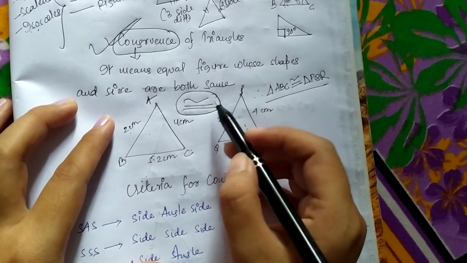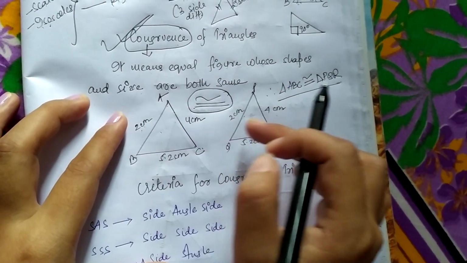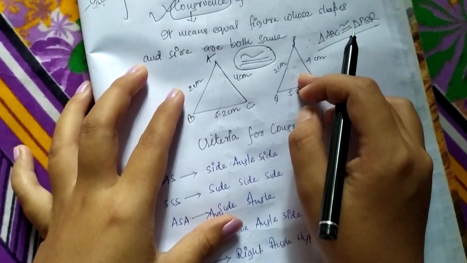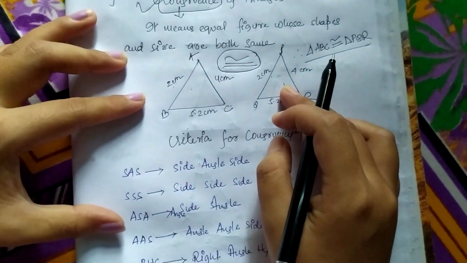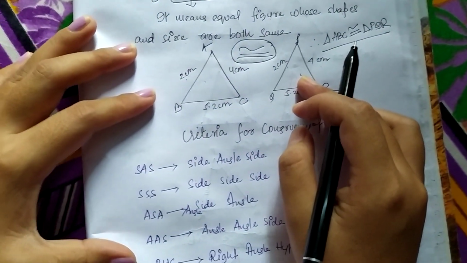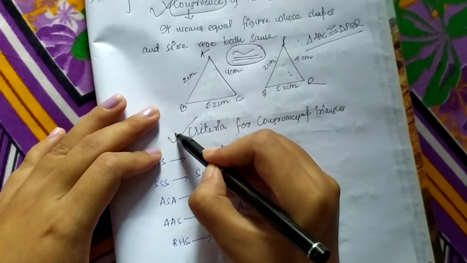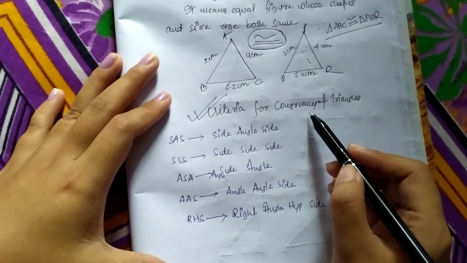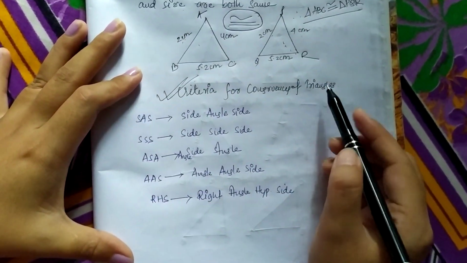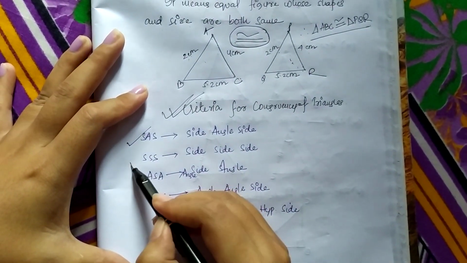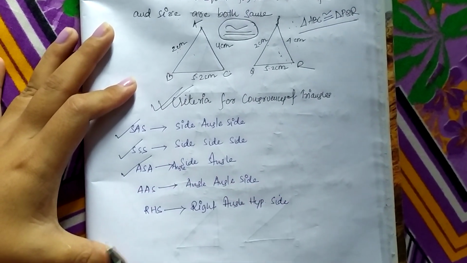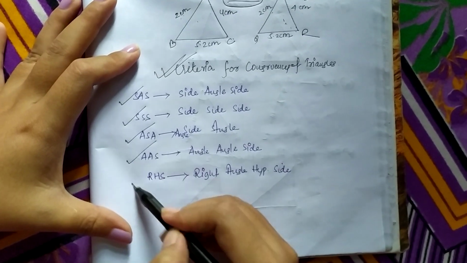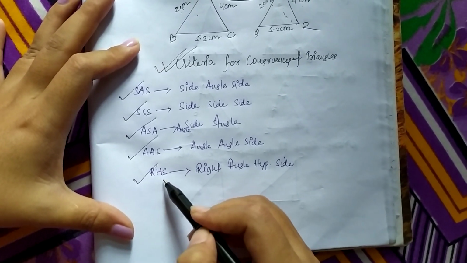Okay, students. So now, to prove the congruency in two respective figures, or as an application form, when we are going to apply this congruency, we have some criteria or we have some rules. So let us go to those respective rules. So moving on to these rules or criteria, we have 5 different criteria for proving congruency of triangles. Okay, so these are side angle side rule, side side side rule, angle side angle rule, angle angle side rule, and the last one is your right angle hypotenuse side rule.